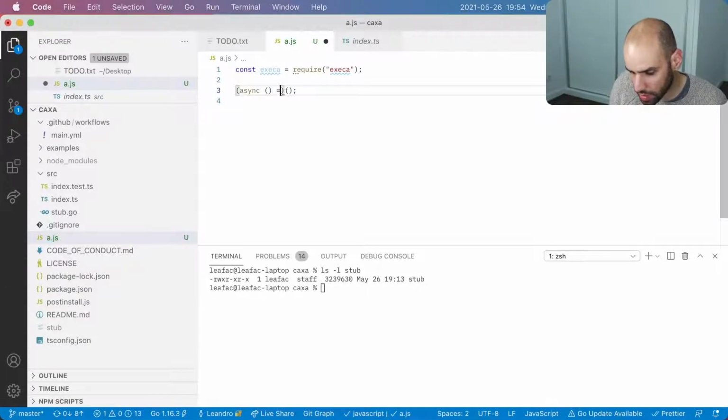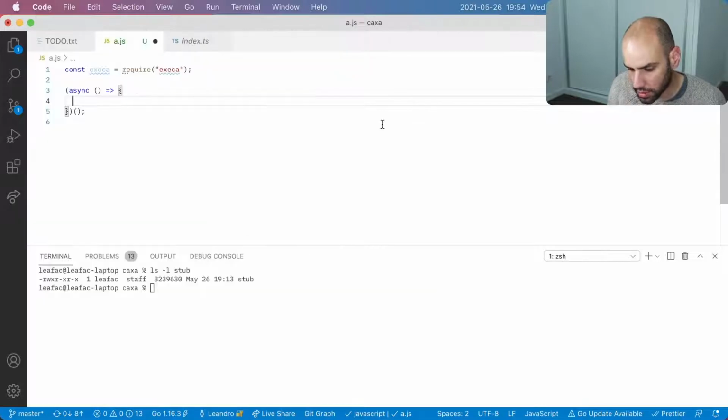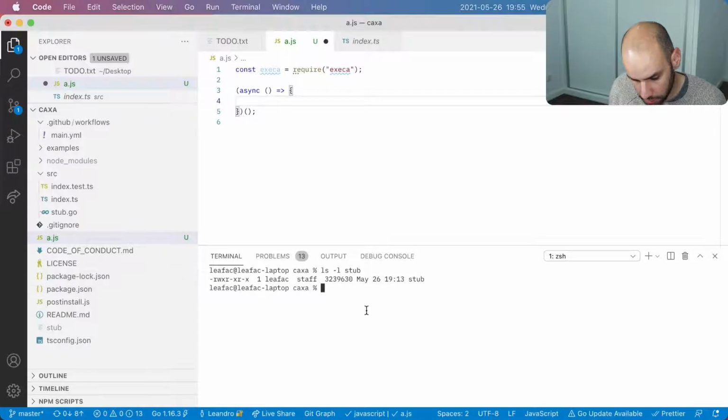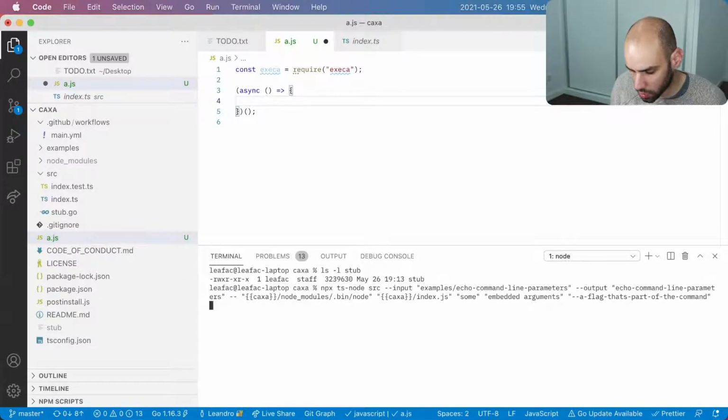I'm trying to reproduce as closely as possible the situation that happens when running the test. So what happens if you just run the stub? Or really, rather, we have the echo command line stuff. No, I cut away with that. Okay, so I'll compile this real quick again, and we'll have the echo command line parameters on the command line.